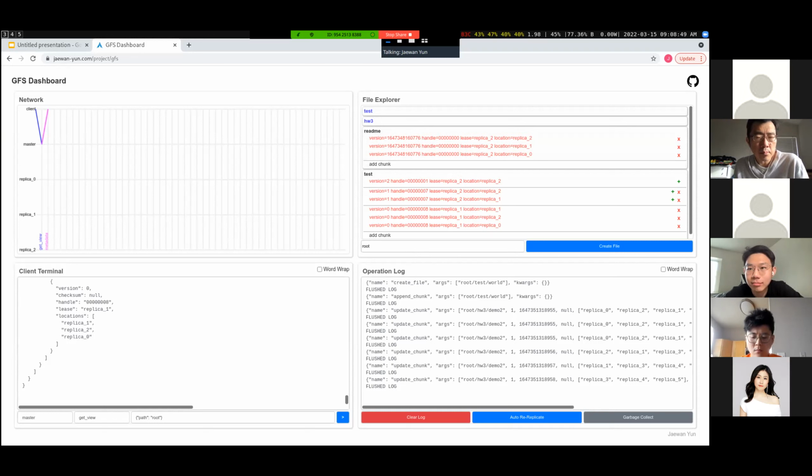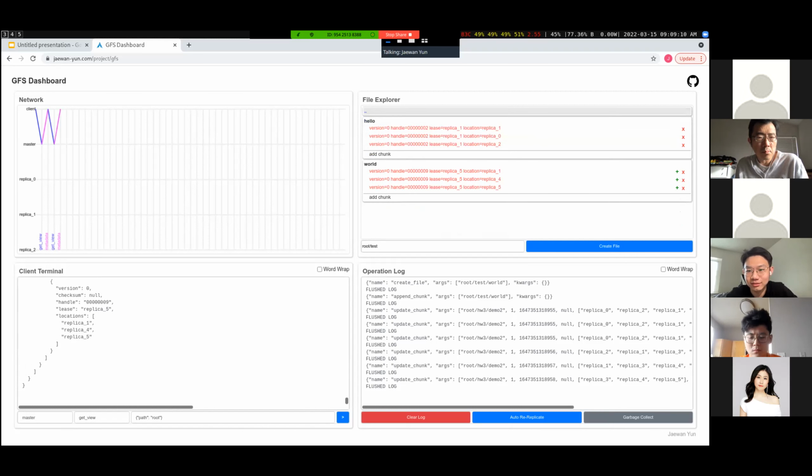And below the file name, you can see the chunks that make up the file. And each row in red represents a chunk located on a specific replica. The input at the bottom here prints the current working directory. So if I click on the test directory and move into that directory, the current working directory updates to